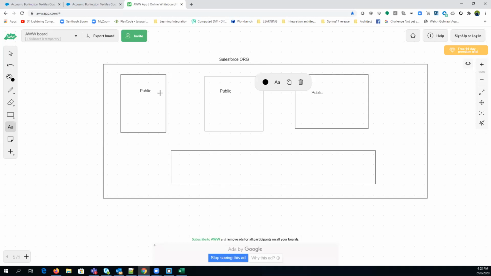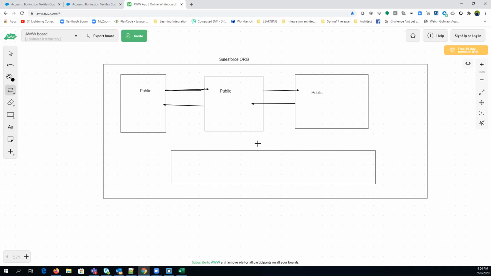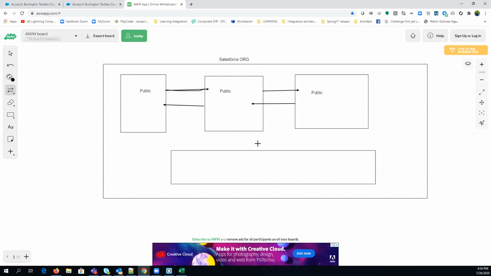So these classes can be used in each other, in different other classes, like this can be used here, this can be used here. So internally in the Salesforce org, you can use any public thing anywhere in the complete org, right?